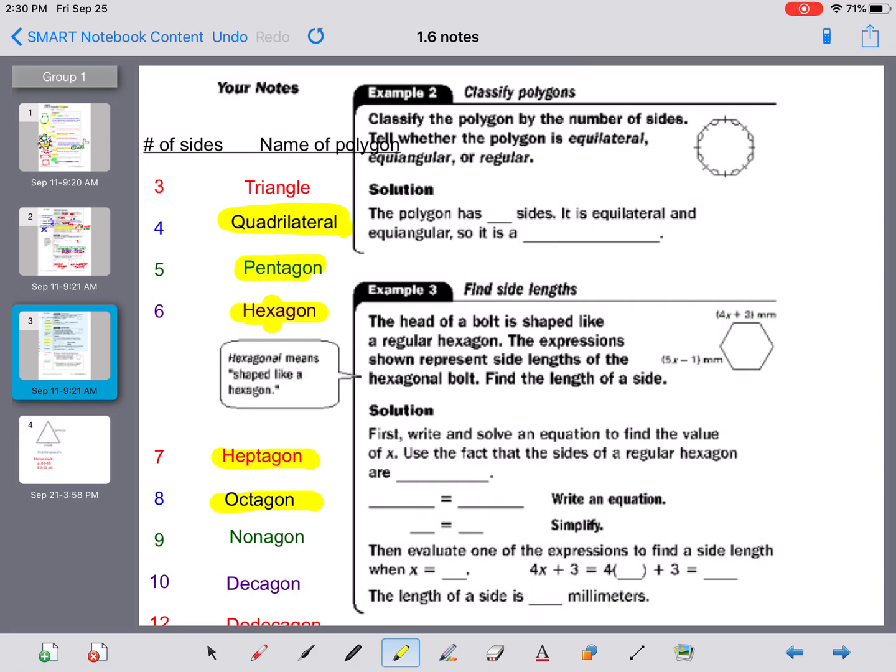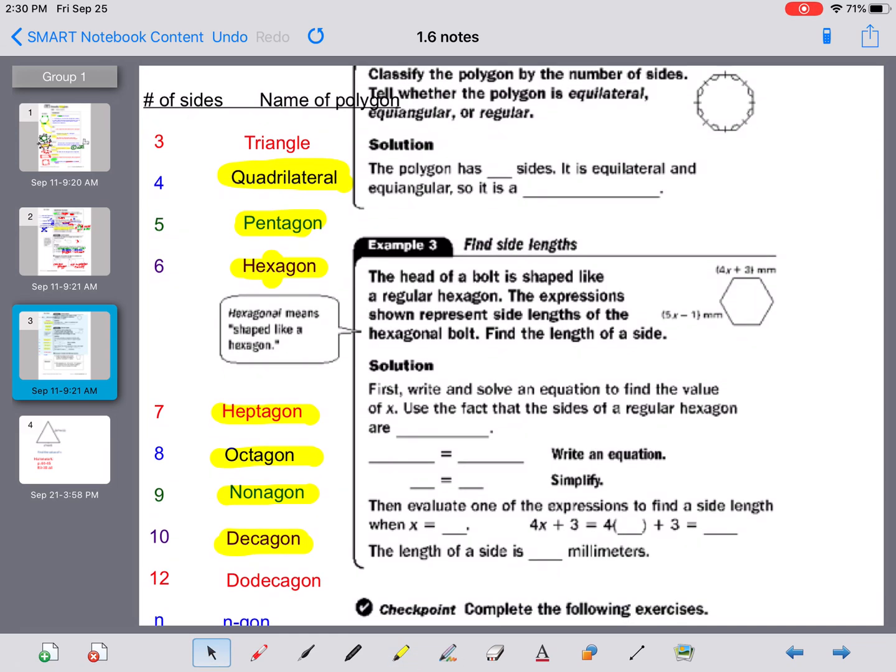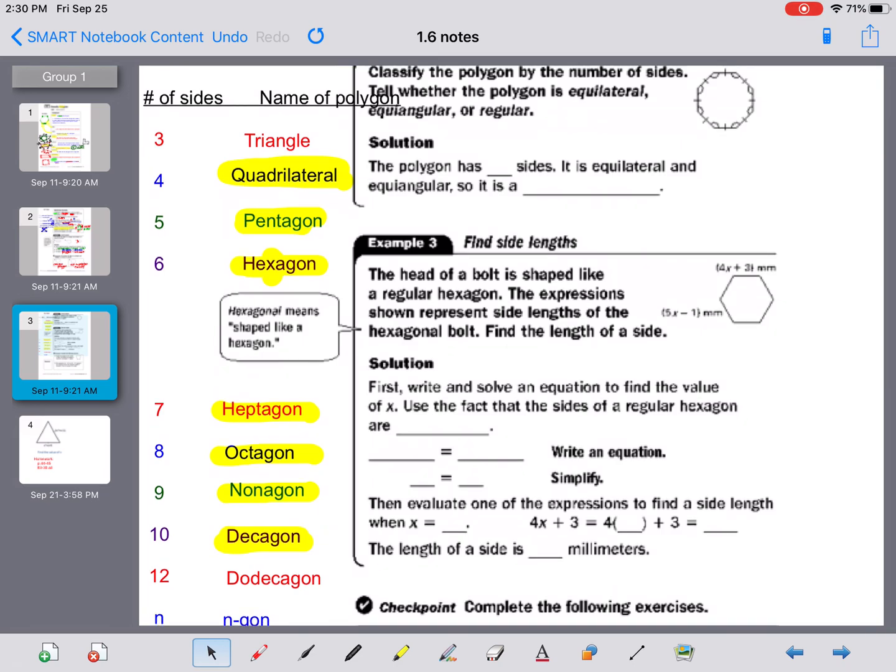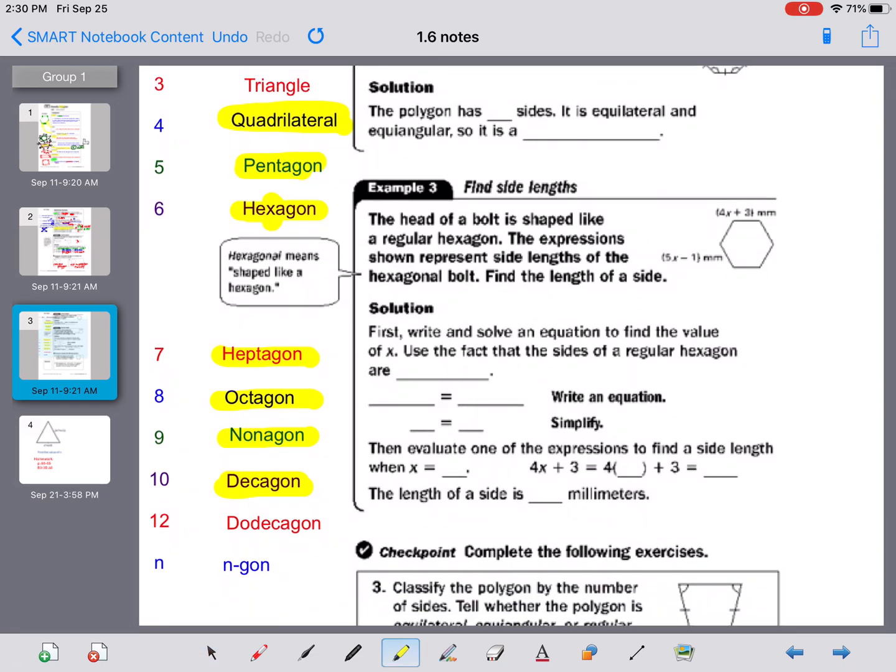9 is a nonagon, okay? They don't want to say ninagon. I guess it just doesn't sound good, so it's nonagon. 10 is decagon. A decade has 10 years in it. A 10-sided figure is a decagon. 12 is a dodecagon, okay? Yeah, I guess I should lift it just a bit more. 12 is a dodecagon, so it mixes do, which is for 2, and dec, which is 10, and makes it a dodecagon. Now, I need you to realize that these names in this list, I'm going to hold you responsible